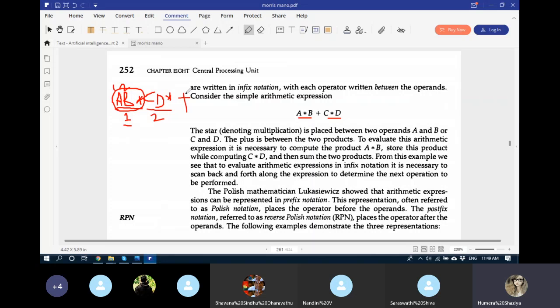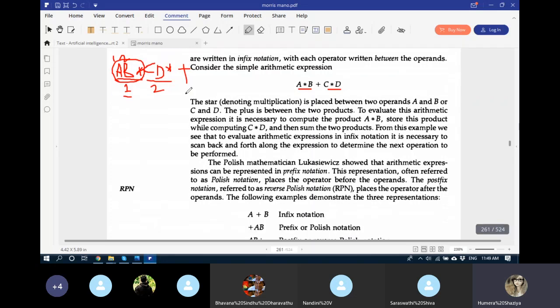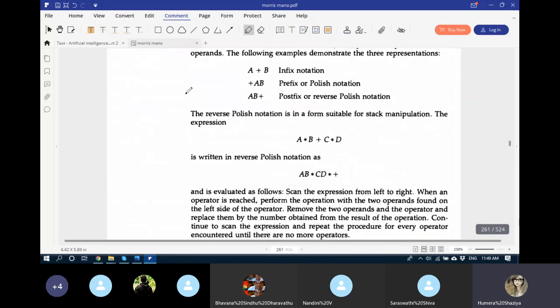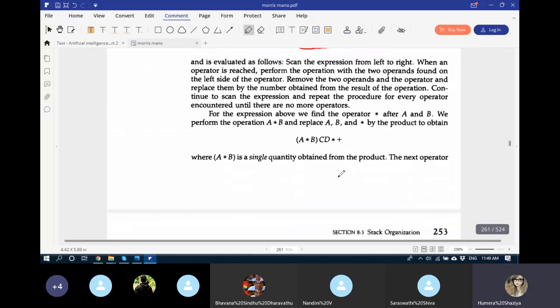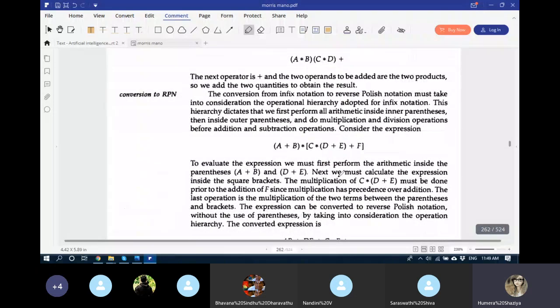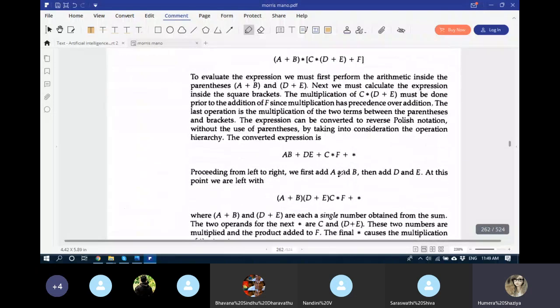Okay, this is reverse Polish notation. I hope it is clear, you all have understood it. Okay, then look at here. We got the same thing, no? Same. Okay, then we will look at how this is used for